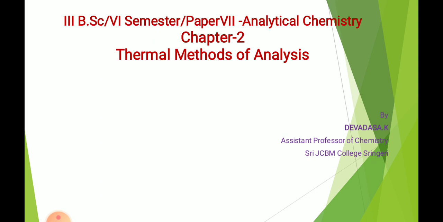Next we have seen the instrument. The instrument used for TGA analysis is a programmed precision balance for a rise in temperature, which is called a thermobalance. The different parts of the thermobalance we have seen: the microbalance, the sample holder or crucible, then the furnace, heater, boiler or oven. Next, temperature measurement, and then the recorder. So these things we have seen.